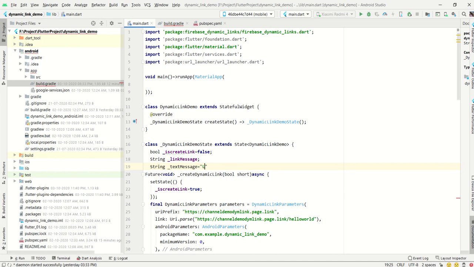For that reason I write one message for the user's sake of knowledge: long press, if we long press the link, then it copies, and then click the link, and the link will open through the browser.